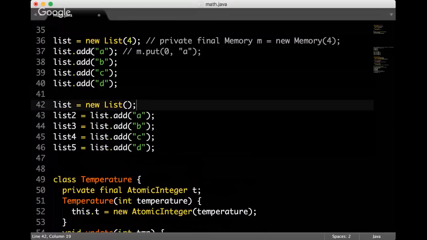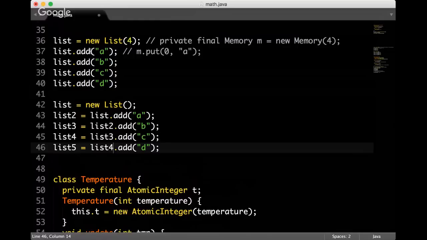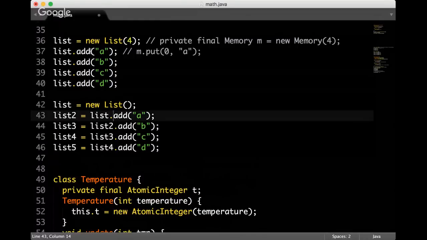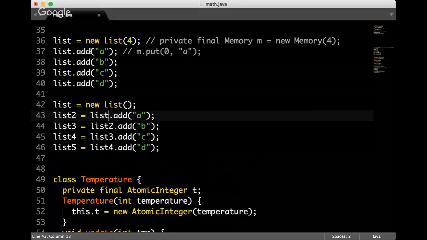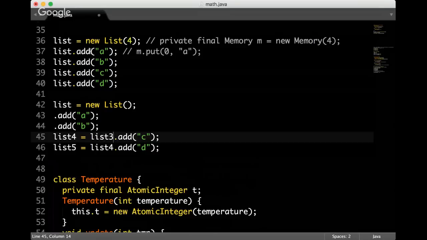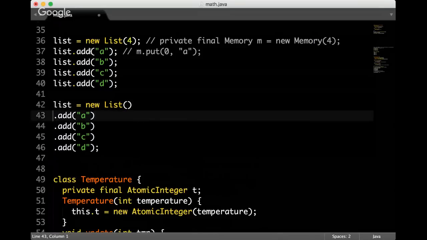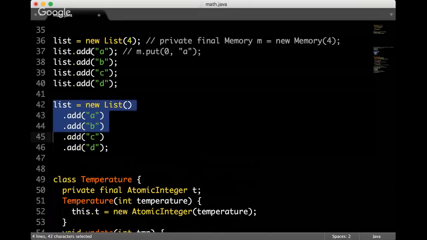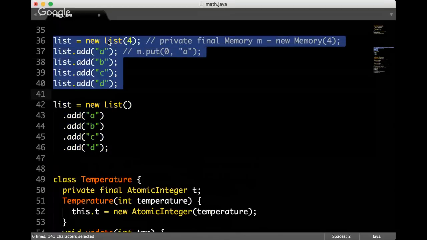In that case, the list would be constant, because we would always have to create a new instance of this object in order to do any modifications with it. Same code. So this code is when we are working with the constant. This code is when we're working with an immutable list, but not a constant.